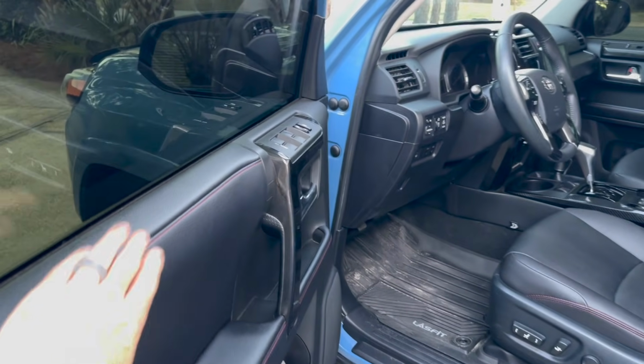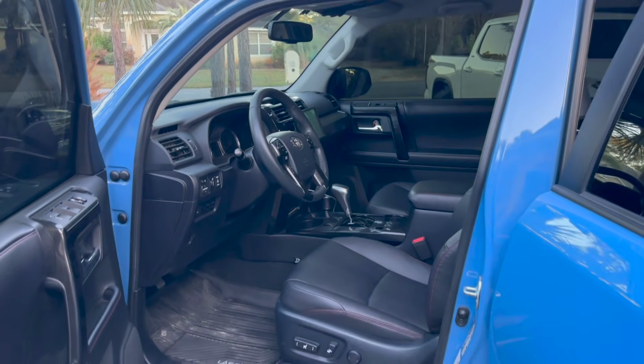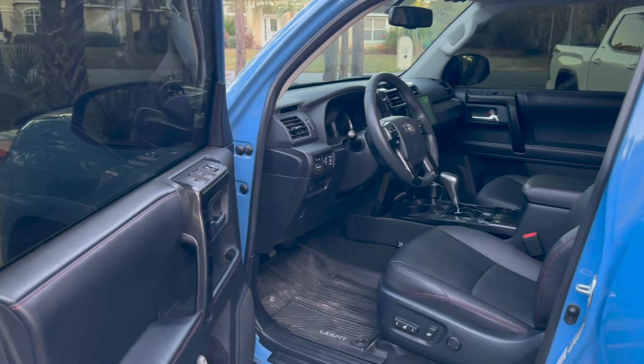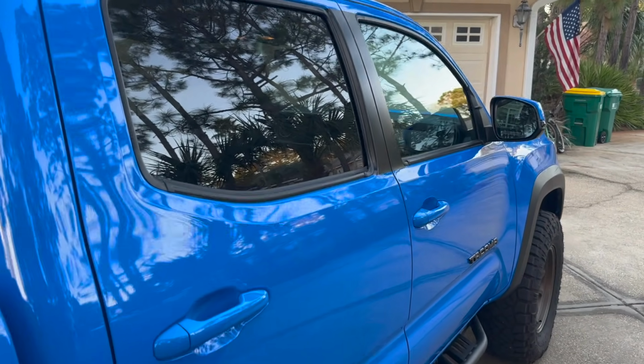Let's talk about materials while we're on the inside. 4Runner is built in Japan. My 4Runner is just stupid solid. This thing is so solid. Interior quality of the 4Runner, absolutely amazing. No issues with that. If you're worried about quality for the Tacoma because it's built in Mexico, to be completely